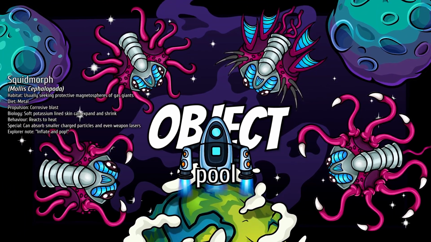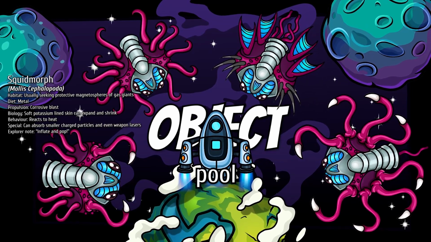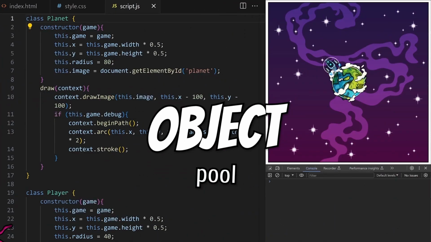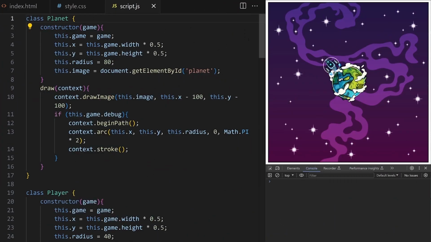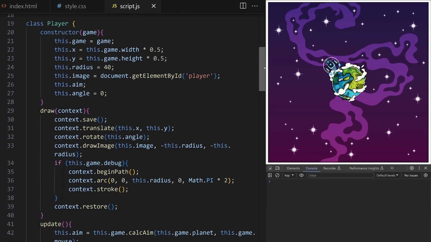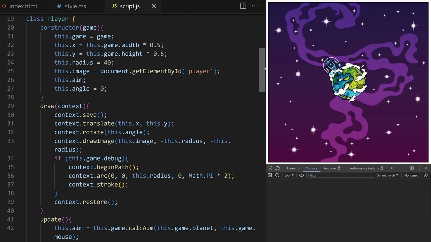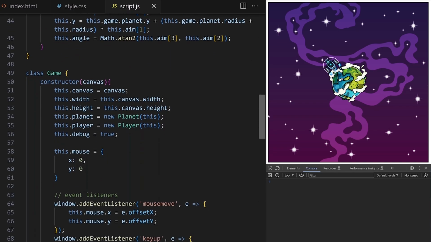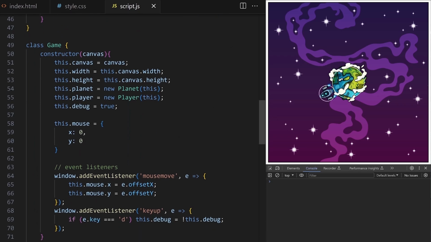This is starting to look pretty good. We have a planet, a player that rotates around it, and we implemented a debug mode. Now I want the player to be able to shoot laser projectiles. We need to make sure those projectiles fly in the correct direction from the tip of the player spaceship towards the mouse cursor. And on top of that, we will optimize performance of this project by implementing projectiles as a